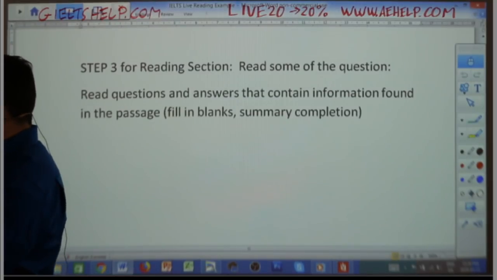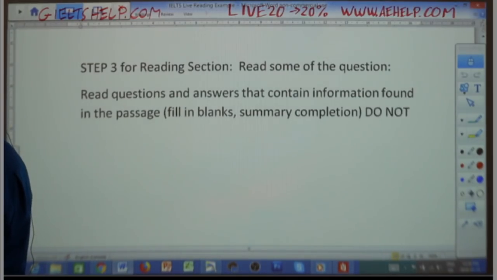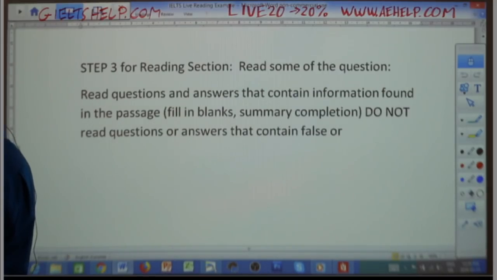So read questions and answers that contain information in the passage, fill in blanks, summary completion, and then of course, do not read questions or answers that contain false or extra information not in the passage